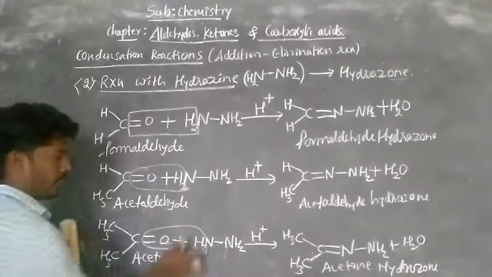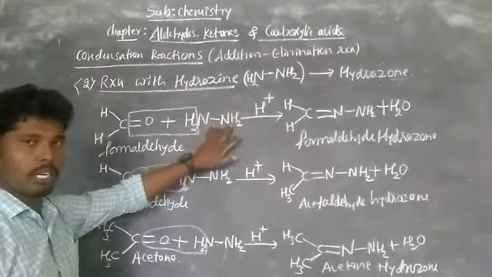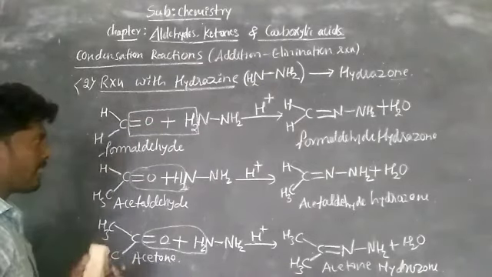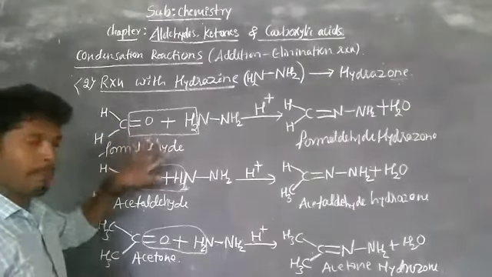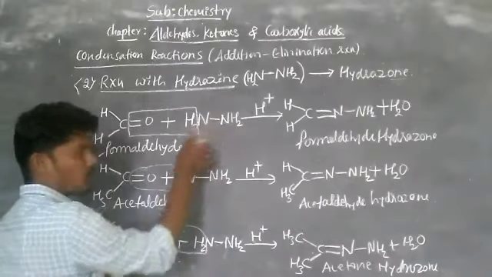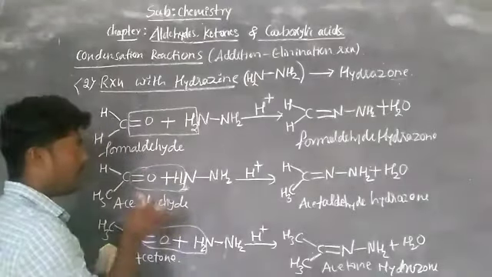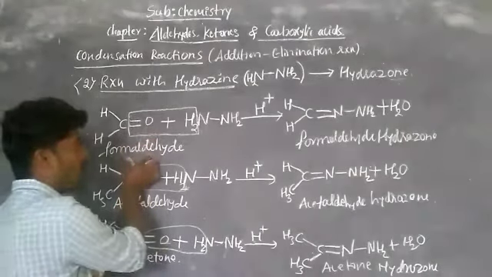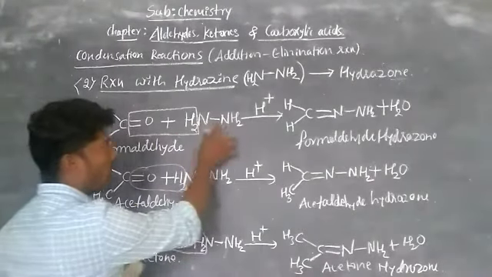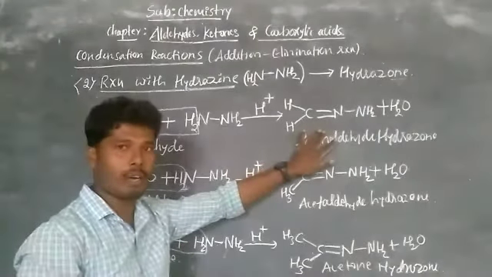Now observe here, at both ends of hydrazone there are nitrogen compounds, that is amine groups. Observe, I am saying the note: if we are taking excess of formaldehyde, there is some extra thing. Both the ends have NH2 groups. This one is also an active group, this is also an active group. So if you take excess of formaldehyde or excess of aldehydes or excess of ketone, both the ends of the hydrazone will react and you get a different product.